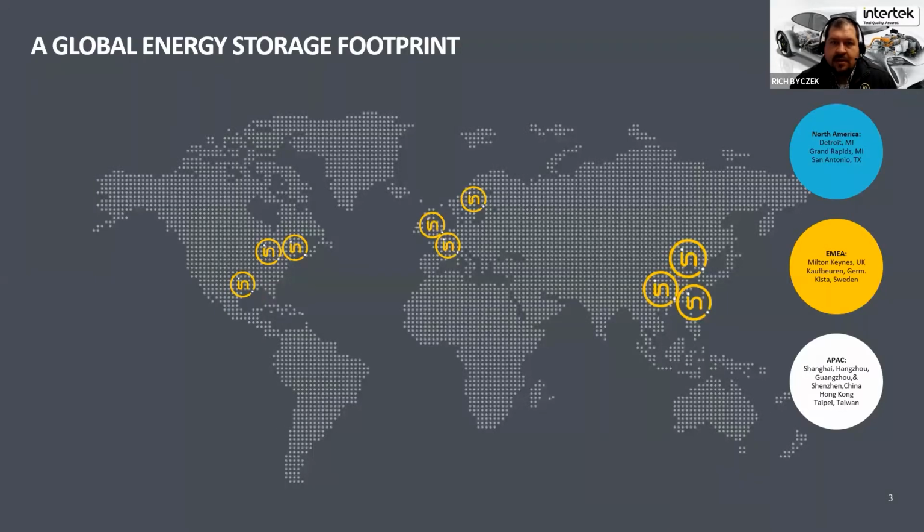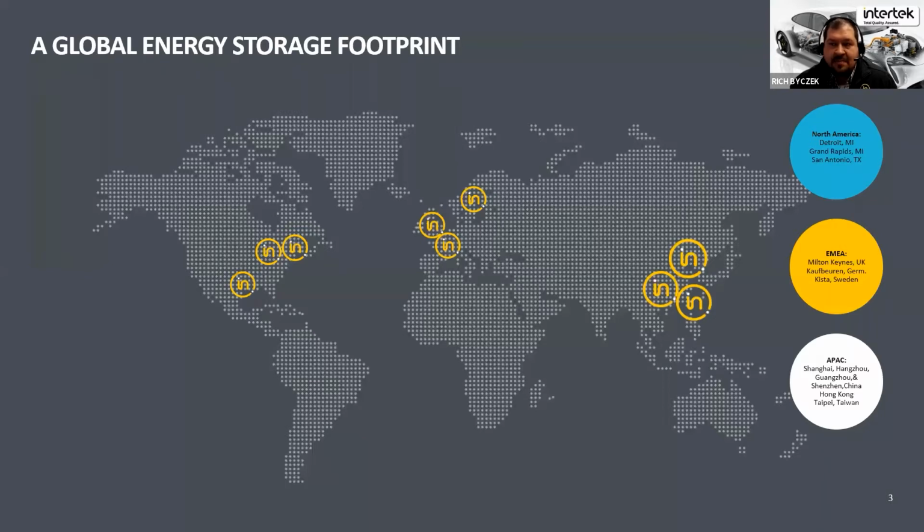So Intertek, we are a global assurance testing inspection certification organization, ATIC as we call it. And these assurance services cover multiple industries around the world. Within what we call our products divisions and our automotive or transportation technologies group and electrical groups, we have dedicated laboratories that focus specifically on energy storage and battery testing. And those are the ones you see here. And those are just a handful of labs out of over 1,000 sites we have globally.